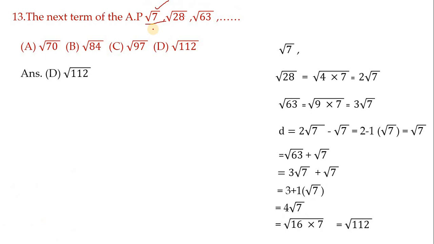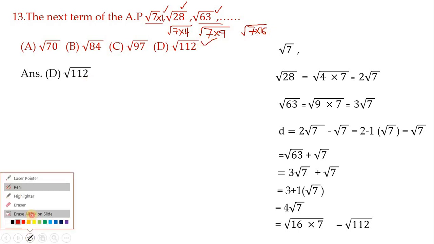And as I said, there is a trick. See here. For the first, 7 they multiplied by 1. 7 ones are 7. 1 is a square number. Next, for root 7 they multiplied by the next square number. What is the next square number? 4. So 7 fours are 28. Next, for the third number, after 4, which is the next square number? 9. So 7 nines are 63. Next, for the next number, they multiplied by the next square number. After 9 is 16. So 16 sevens are 112. So this is a trick, children.